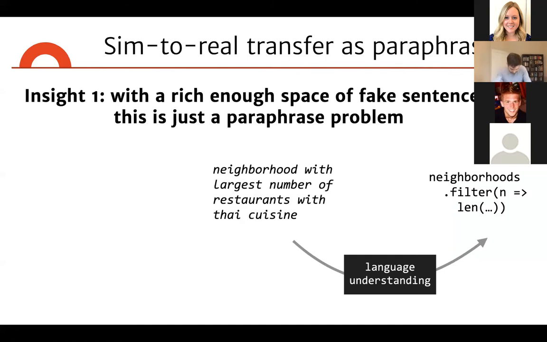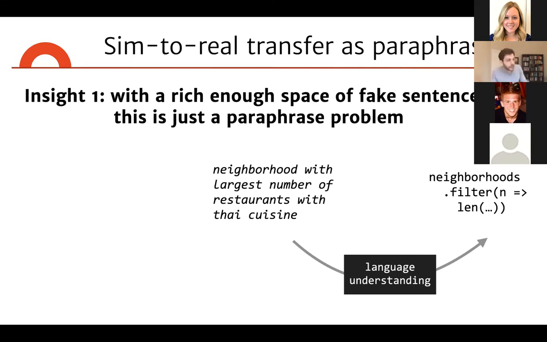Okay, so how are we going to go about doing this? To lead into this, what Alana has developed here is really a wonderfully simple and elegant way of solving this problem, that's based on two key insights. The first of these insights is that if your space of fake sentences is rich enough,